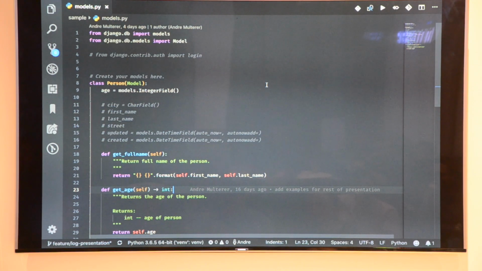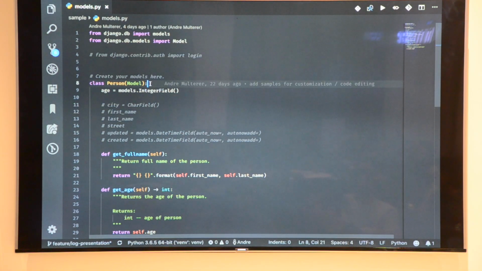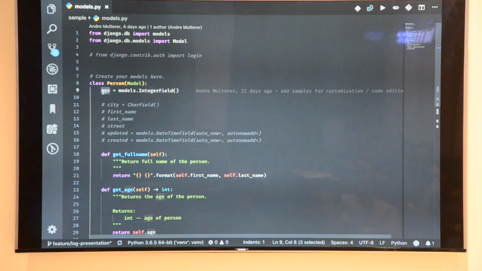So Django is just a framework for Python where you can structure. You have, for example, classes where you can model all your data in the database. So you have, for example, a table called person. It has some attributes, and this represents your table in the database. And here for the person object, you have the attribute age, and it's of type integer, and this gets